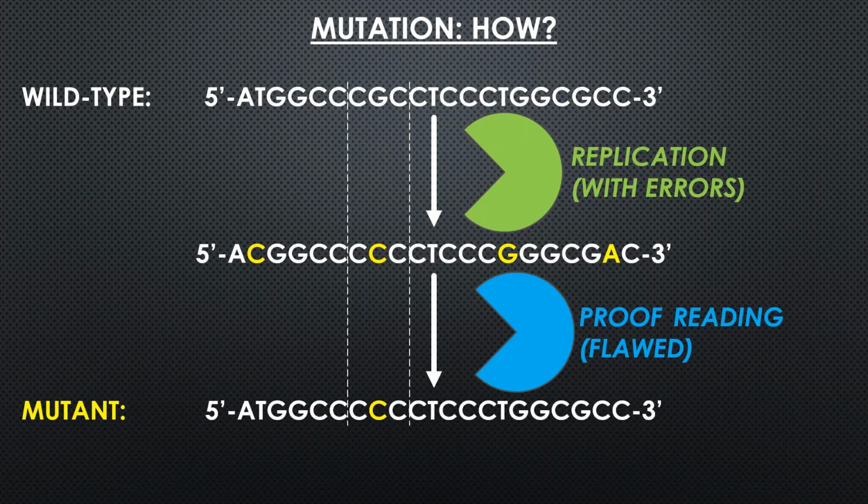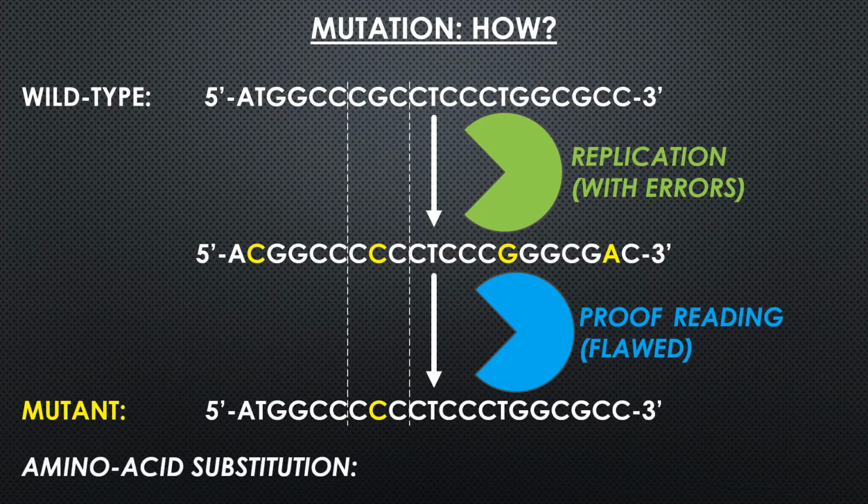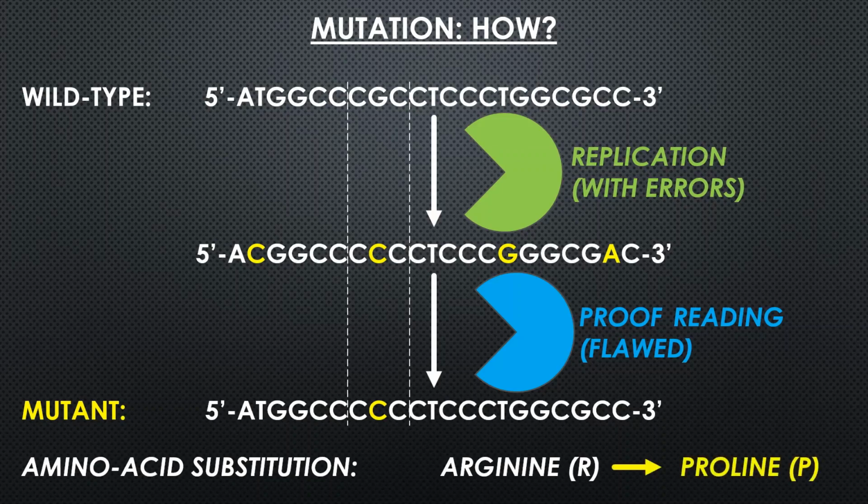So what is a codon? It is a 3-nucleotide code designating a given amino acid within the protein that is formed from this genetic sequence. Now, this amino acid substitution that we can see here will result in a change from arginine, a given amino acid in the wild type protein, to proline, the mutant amino acid substitution in the resultant mutant protein.